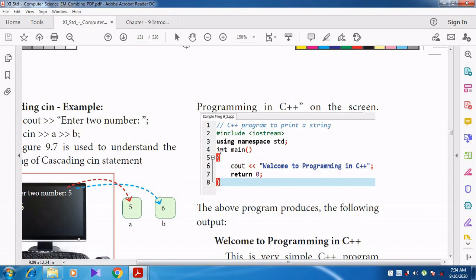In the fifth line they have given an opening curly brace, and then in lines 6 and 7 they have used the first cout statement, welcome to programming in C++. Then what is the 7th line? Return 0. Then the 8th line is a closing curly brace. So the executable statements are given within the 5th line to the 8th line.